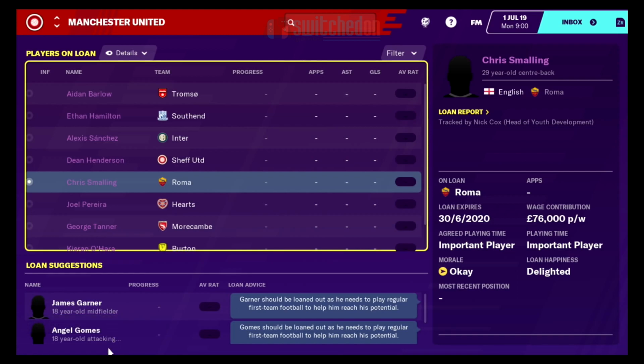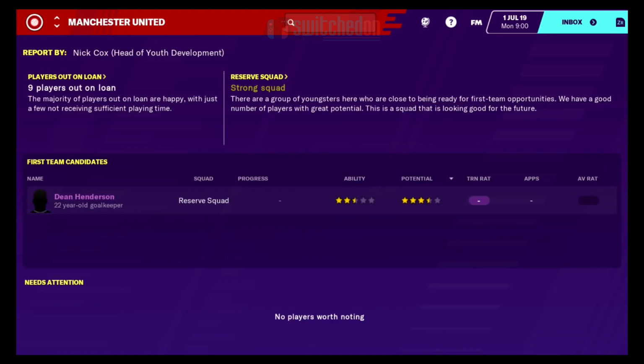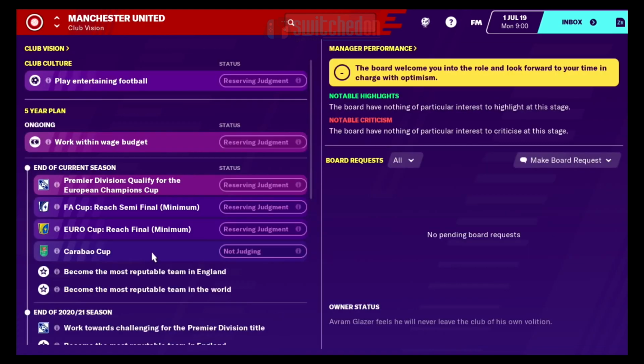Loan suggestions here. A staff member that's looking after this development centre suggests that we send these players out on loan. Again, really good features. Sometimes you don't have enough time to keep on top of all these things. So it's really nice to just have these little prompts and think, oh yeah, I will loan out James Garner. That's a good idea. Let's go back to...